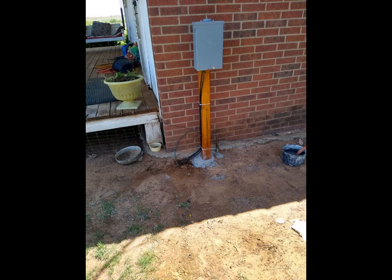I put a panel box next to my house. That way I can shut it off and hook up as many circuits as I desire. Lintigar Electric would have paid me 2.3 cents per kilowatt hour if I had tied into their grid, while charging me 9 cents a kilowatt hour to draw electricity off of their grid. This, of course, was not a sensible option, so I installed the panel box 100 feet from the solar panel setup, run the wiring under the house, 2 of them, 12 two-stranded wiring, 15 amps each,